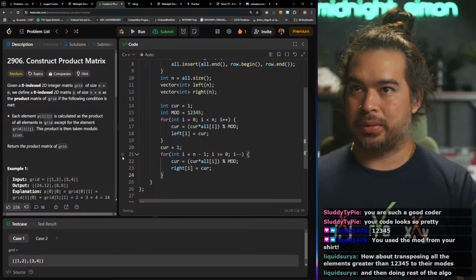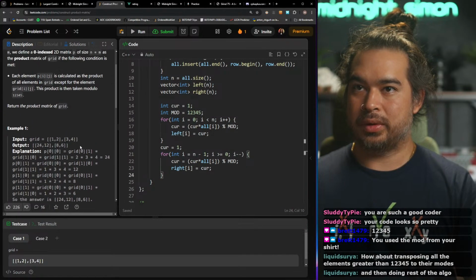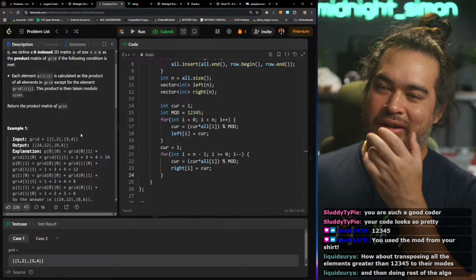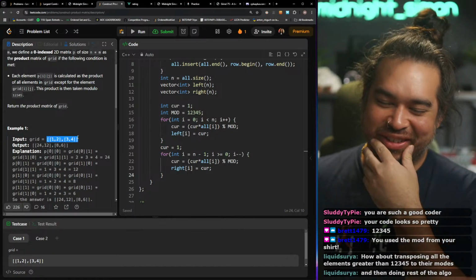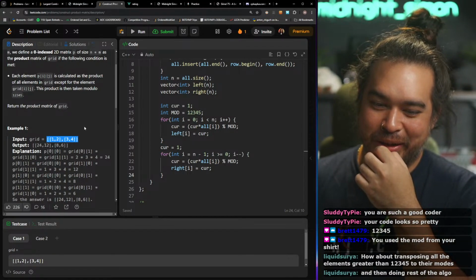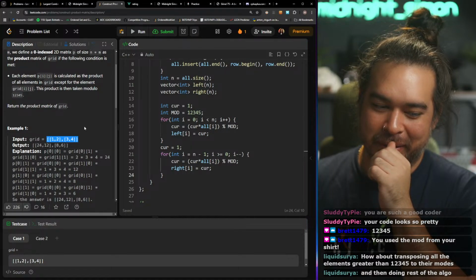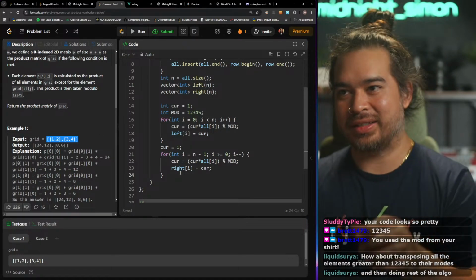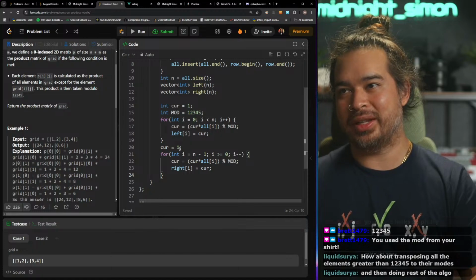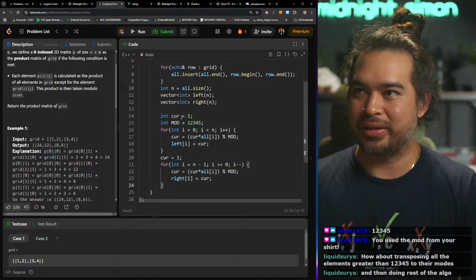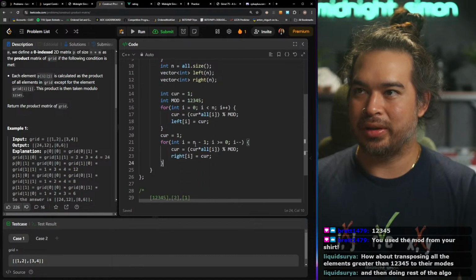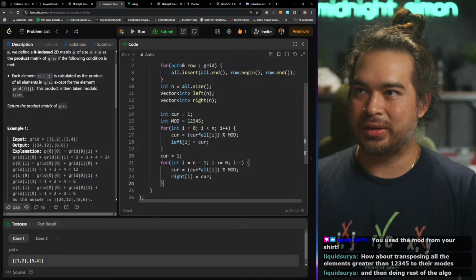And then now, oh wait, now I gotta figure out how the hell do I put them in the thing. Oh, I guess that's not hard. Let me finish here and then I'll build the thing. So this is all stuff. And now